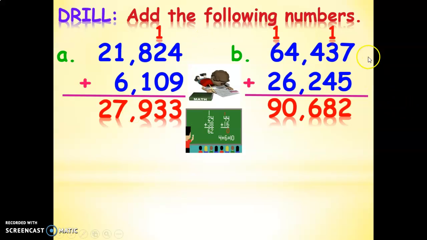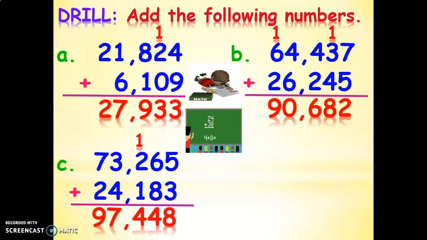90,682. 7 plus 5 is 12. 2, carry 1 on top of 3. 1, 3, and 4 is 8. 4 plus 2 is 6. 4 plus 6 is 10. 0, carry 1 on top of 6. 6 plus 1 plus 2 is 9. The answer for letter C is